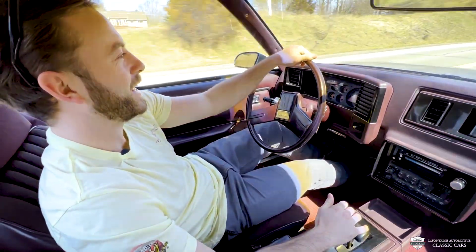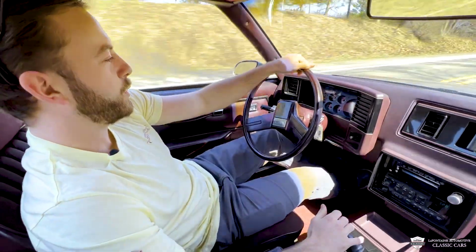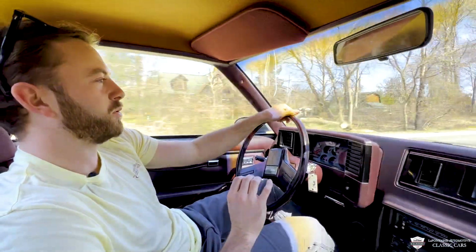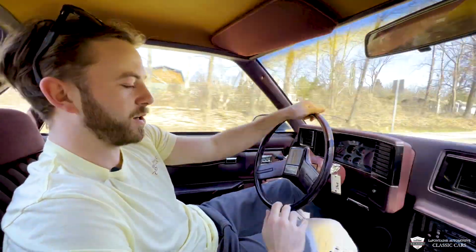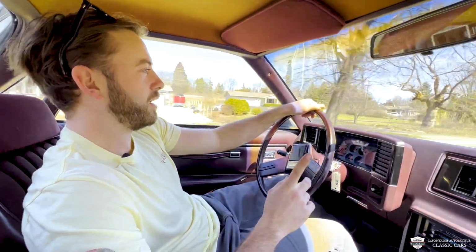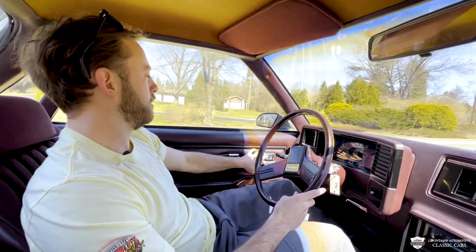Bad ride, man. So I'm gonna say it again. I think this motor makes most of its pep upstairs. Doesn't have a ton of torque, but you could definitely have some fun and get into some trouble if you get caught. Power windows